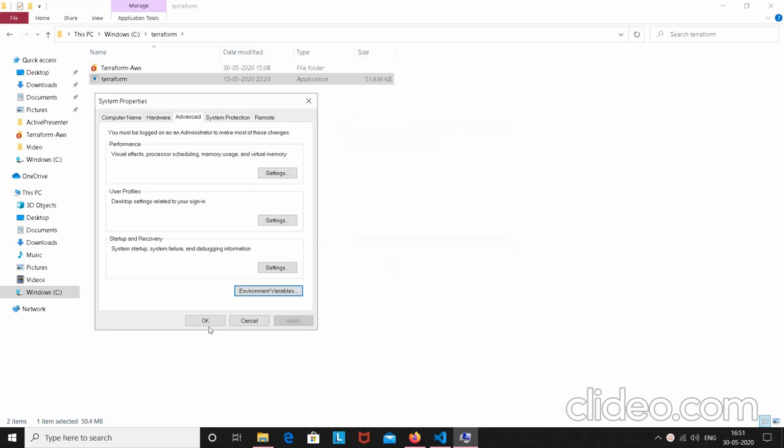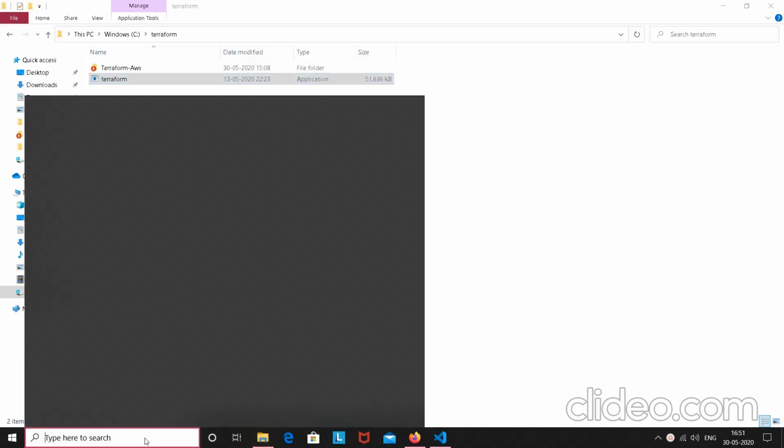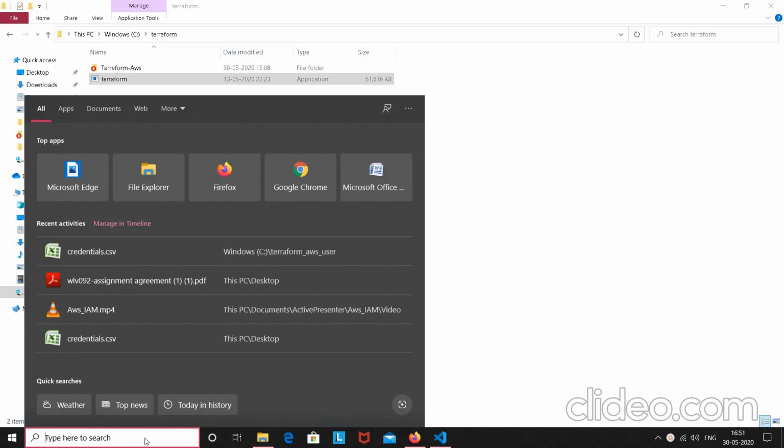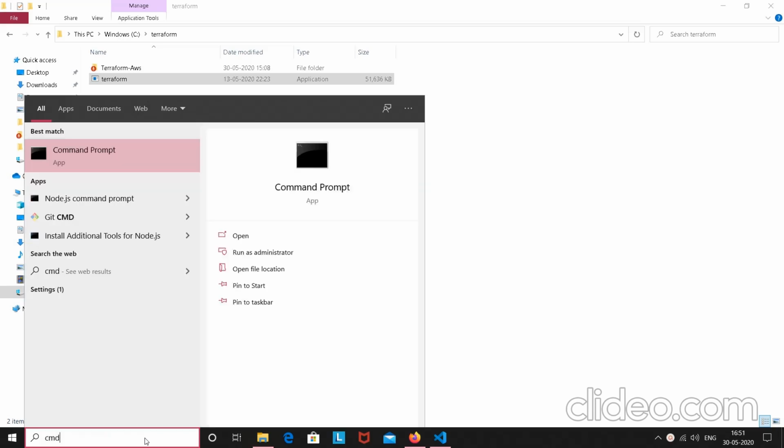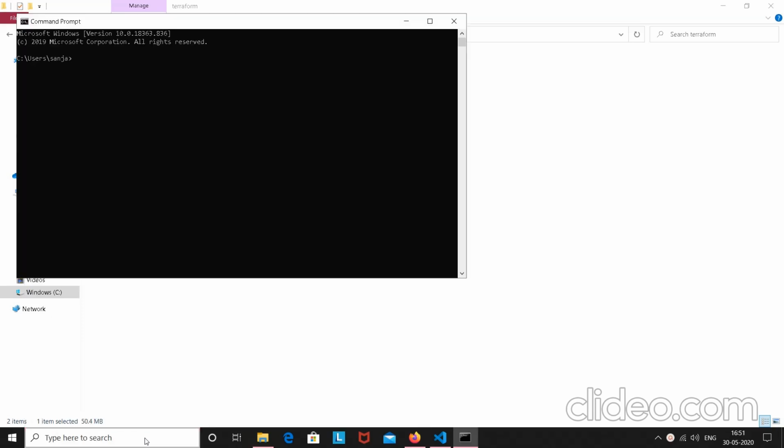The next step is to check the Terraform version, to see whether it is properly installed or not. Let me go to the command prompt, then I can check the version by using the command terraform version. Okay, there is a mistake in the spelling.